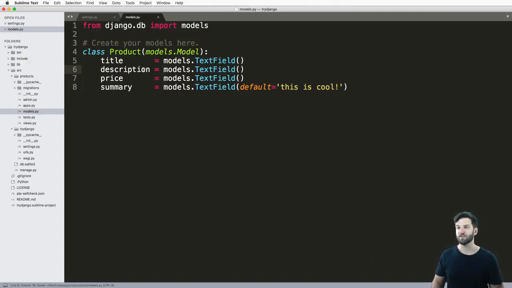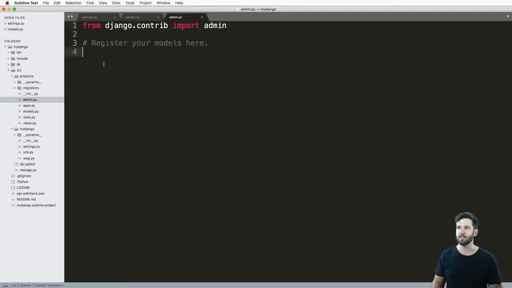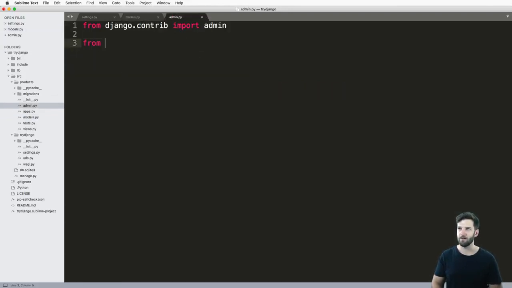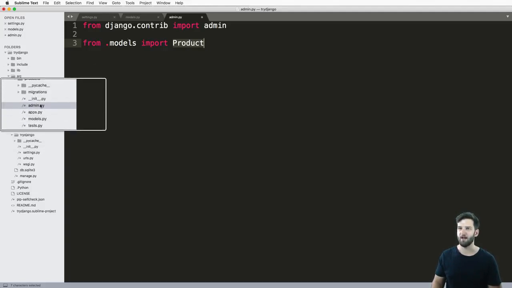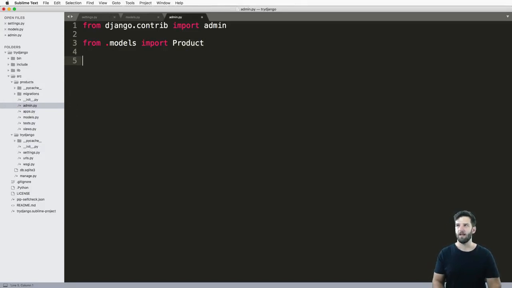Cool. So we've got this model now, and I want to take a look at this model inside of the admin. So all I do here is go into admin.py and do from .models import Product. This is what's called a relative import. It's importing the Product class from the models.py. And it's relative because admin.py and models.py are in the same directory. They're in the same module. So I can actually do that relative import. And all I do here is